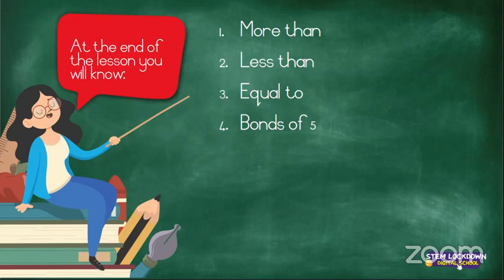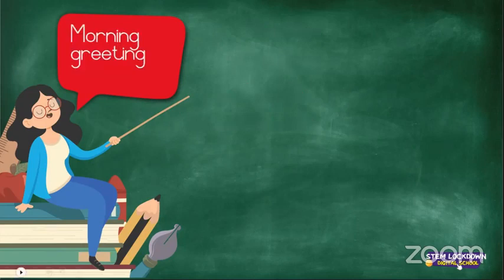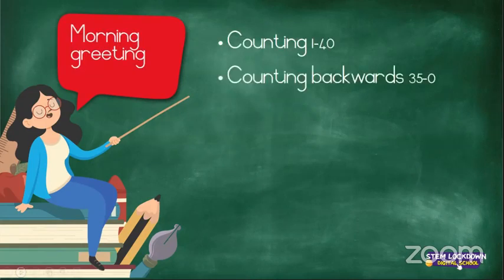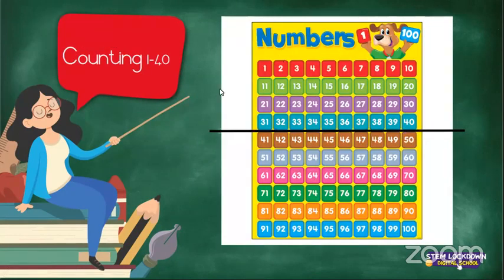Okie dokes. So let us go to our morning greeting, boys and girls. Are you ready? We're going to count from 1 to 40. We're going to count backwards from 35 to 0. And we're going to count in fives. All right? So let's go and count from 1 to 40. And Franklin is all ready to help us. Right, Franklin, let's count from 1 to 40. 1, 2, 3, 4, 5,